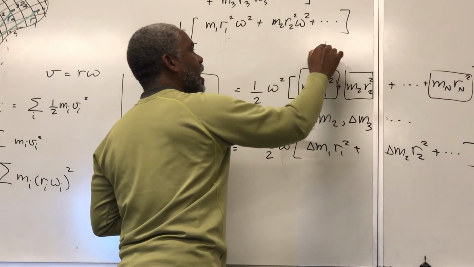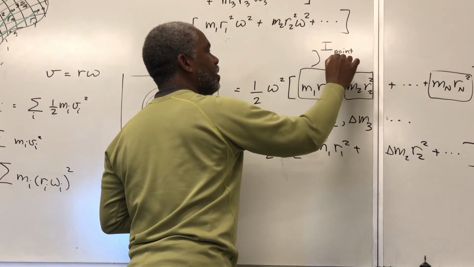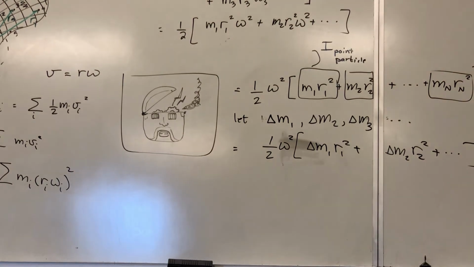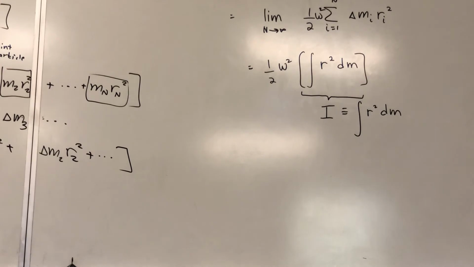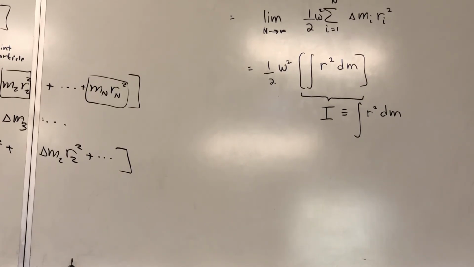We are going to say that I, for a point particle, and I'll just put it on that board over there, when we divided that mass up into a bunch of tiny little point particles, so they're points, no size, just mass, we could say that the rotational inertia of a point particle is equal to mass times r squared. And remember, r is defined as the distance the point mass is from the rotation axis. Now, the reason why I wanted to derive that